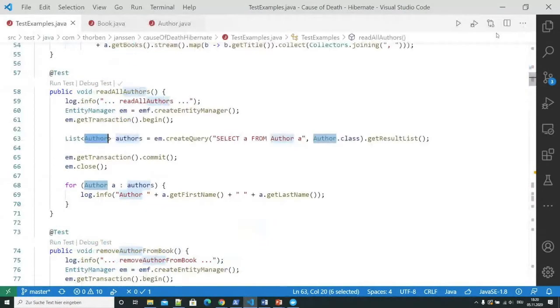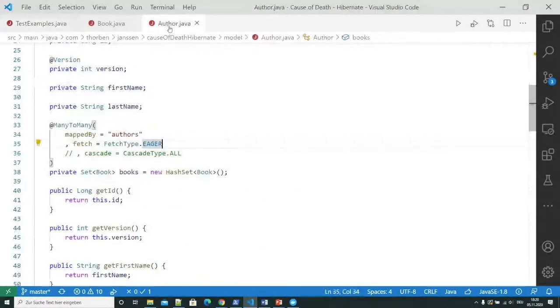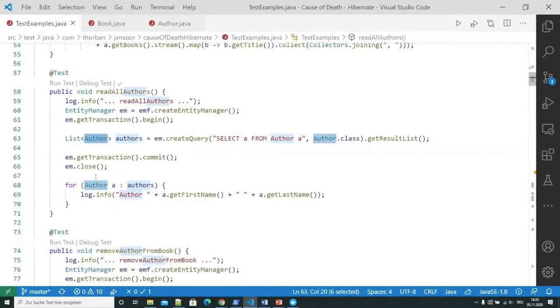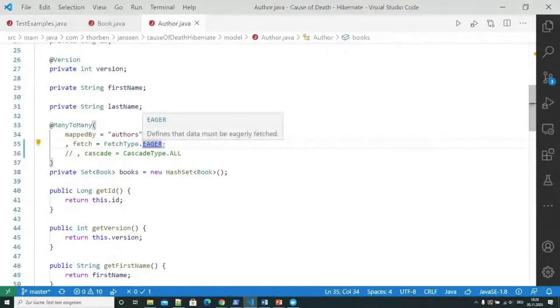Because we said here on the author entity that we want to fetch the association from the author to the books eagerly. That tells Hibernate to always initialize the books association, even though our test case doesn't use any book information. So yeah, using fetch type eager wasn't a great idea here.